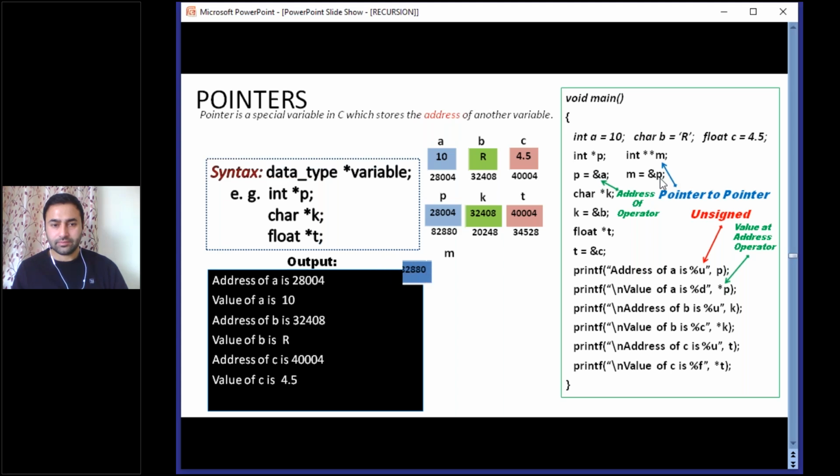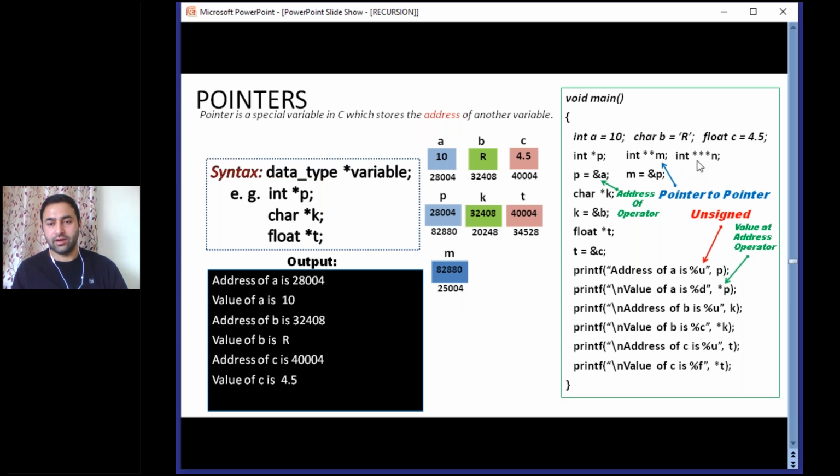Similarly, you can see here M is declared now. This is pointer to a pointer. Which pointer? P pointer. Okay, and its address is 282880. So its address is stored here because you have written here M equal to &P. Okay, so this block will be reserved in memory whose name is M. And suppose its address is 25004 again, okay? Because this is also stored in memory.